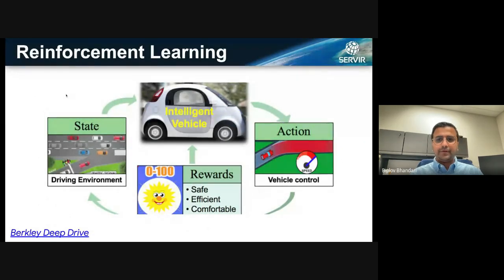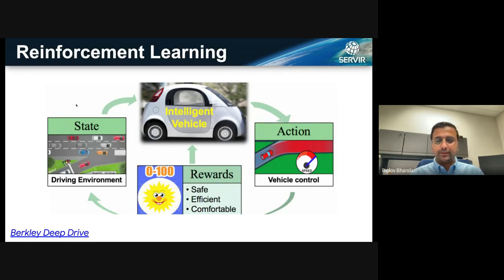The other type of learning is called reinforcement learning. This is not something that we usually use in the remote sensing world, but it's very cool, and I just wanted to put that out. I'll explain reinforcement learning with an example. Self-driving cars or autonomous vehicles are an example, where you have some sort of a problem at hand, and then you have an agent. The agent in this case is the autonomous vehicle or self-driving car itself.